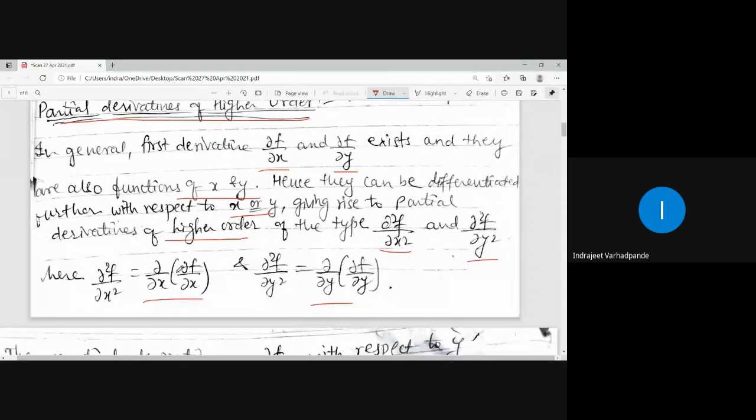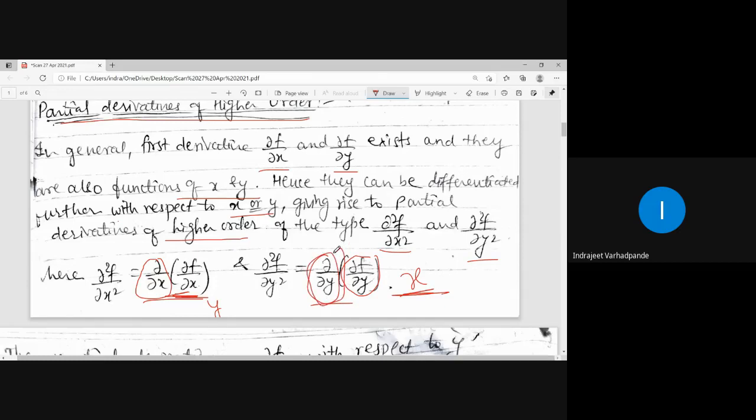So here also, whenever I am differentiating again with respect to x, whatever will be the derivative del f by del x containing the terms of y, those will be kept as constant, right? Now, del f by del x has been obtained, and we will differentiate del f by del x again with respect to x. So whatever y will be there, it will be kept as constant. Similarly, whatever del f by del y contains x will be kept constant while differentiating partially with respect to y.